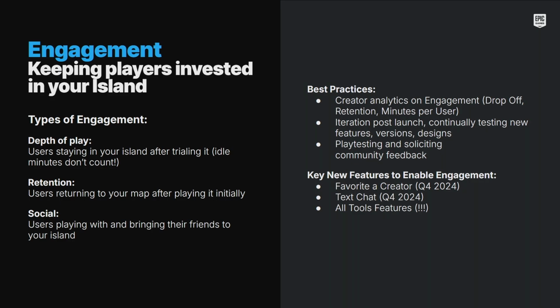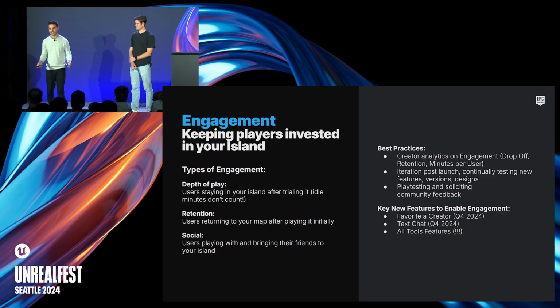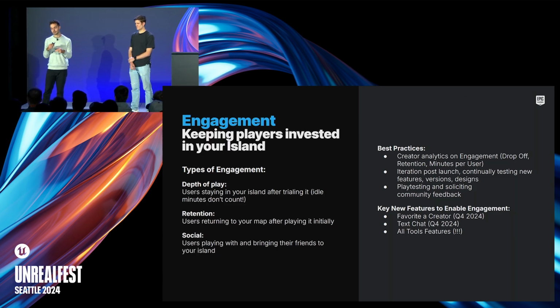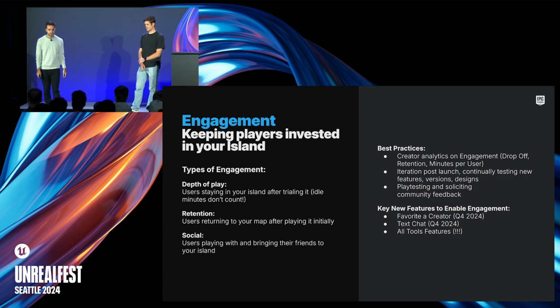I think in particular, drop off, in terms of where players leave your game, is incredibly powerful here for you to understand. I play a ton of UEFN, and there's often a game-breaking bug that could appear in minute 9, and giving you a metric, hey, something's happening in minute 9 to 10. I think that's the type of analytic we want to provide ever more of, so you can really understand where you are losing players. Where are they saying, okay, I'm no longer interested in this?